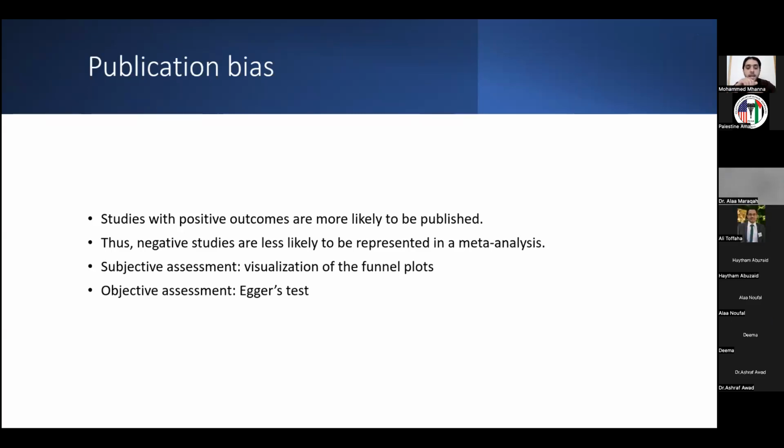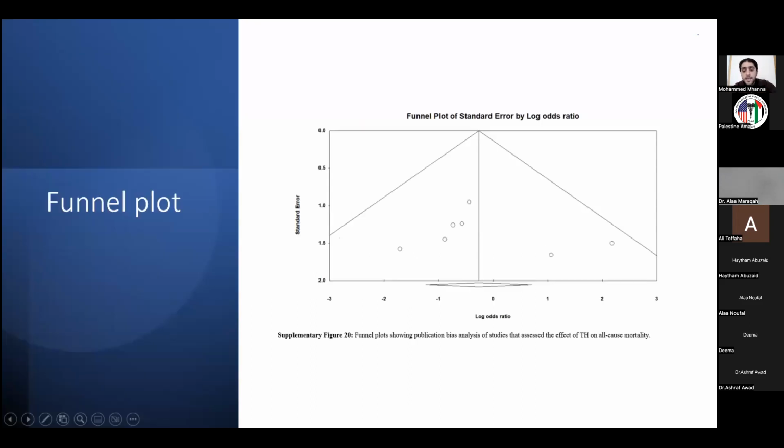And how can we assess for publication bias? We can assess it either subjectively or objectively. Subjectively, you can visually assess publication bias from the funnel plot. But you also have to do an objective assessment with statistical tools. The most commonly used one is called Egger's test. And this is the funnel plot, and actually you have to do this